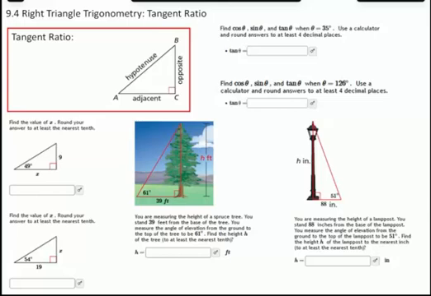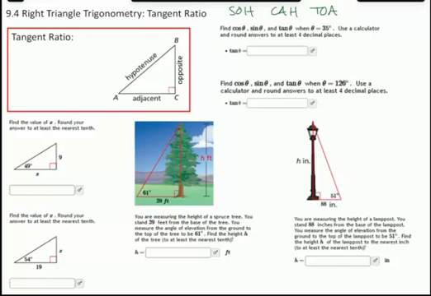We're going to talk about three trig ratios today: sine, cosine, and tangent. The acronym that's used to help remember these is SOH-CAH-TOA. If you see how these are abbreviated, the S is sine, the C is cosine, the T